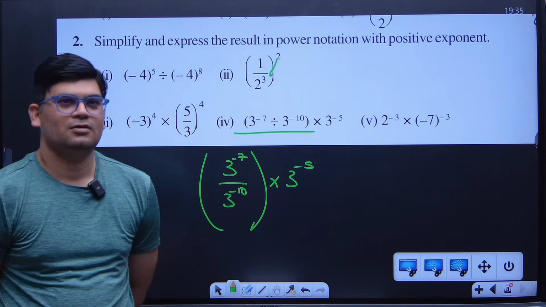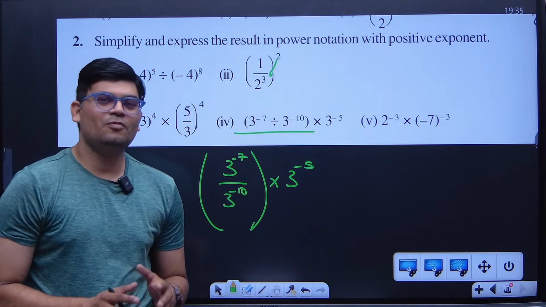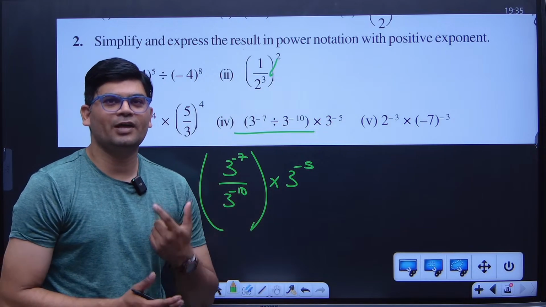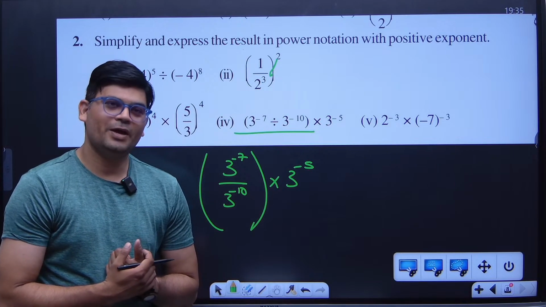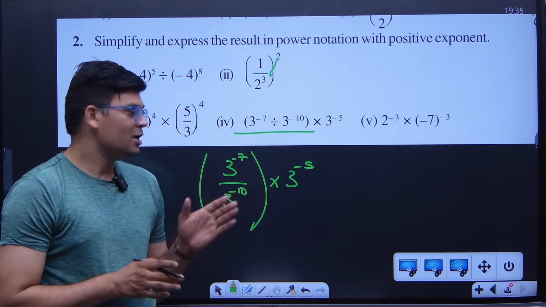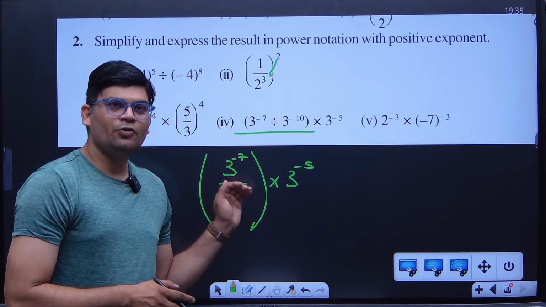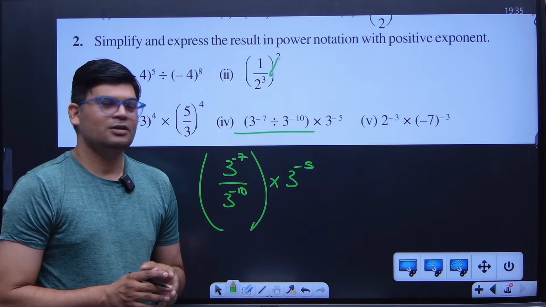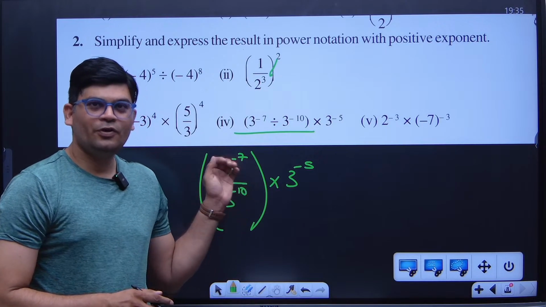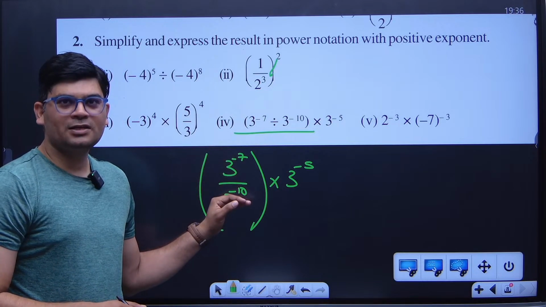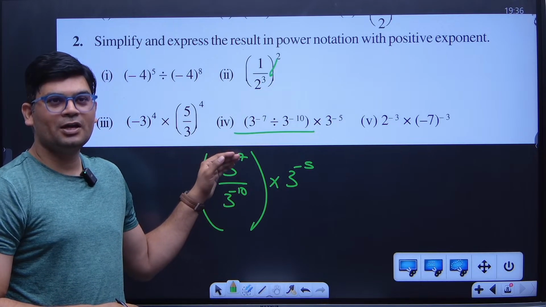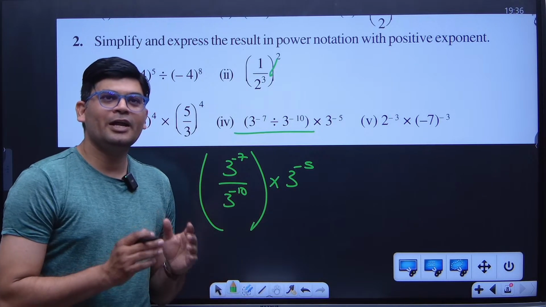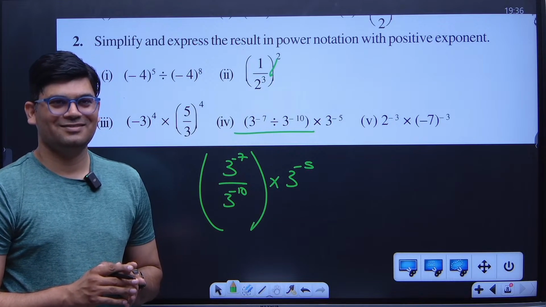Can you repeat? What were you going to do with minus 10? My question is, out of minus 7 and minus 10, which number has a greater value? Minus 7. So you have two options. Either you bring minus 7 to the bottom or you take minus 10 above. You can do any of those options. Which option do you want to try? See, if you take minus 7 below, minus 10 is a smaller number, minus 7 is a bigger number. So if you are subtracting a bigger number from the smaller number, you will end up getting a negative result. Okay, understood.